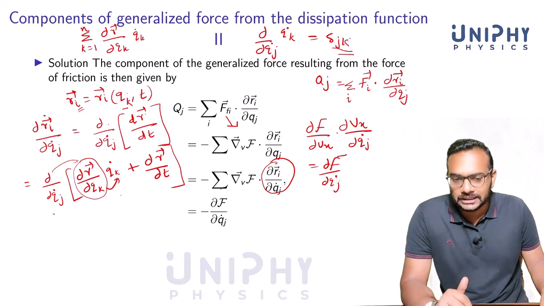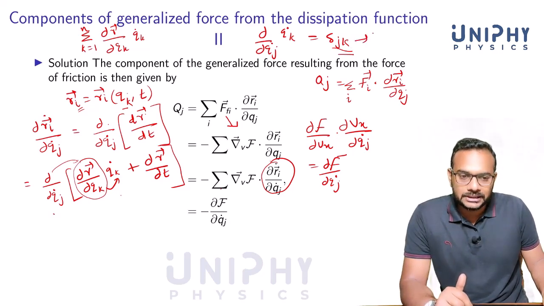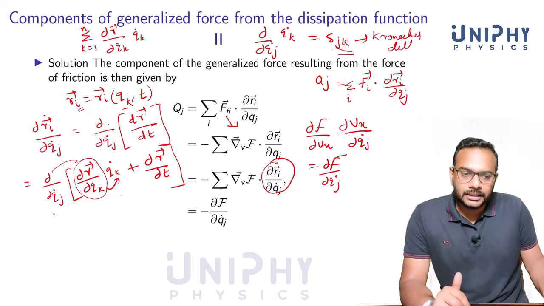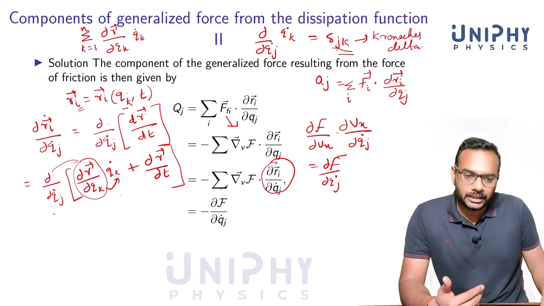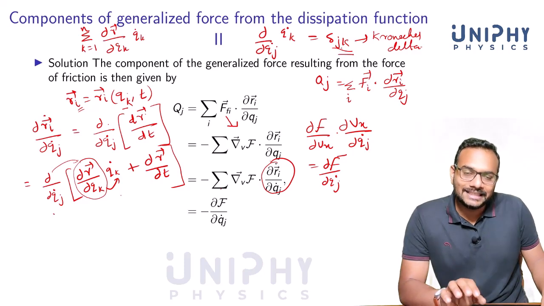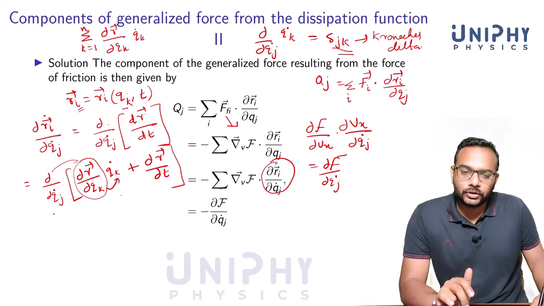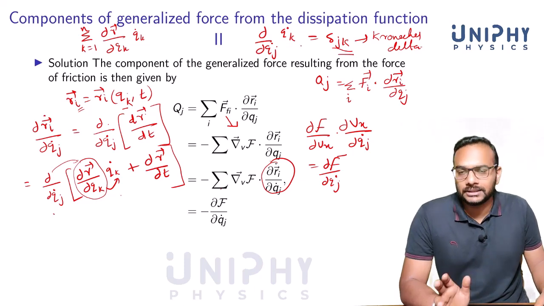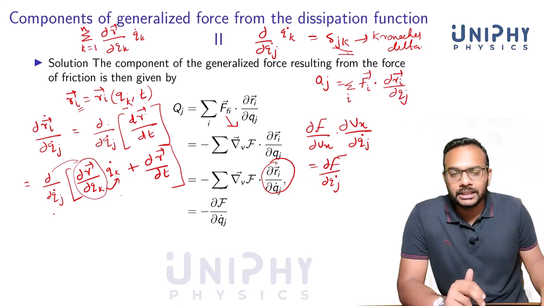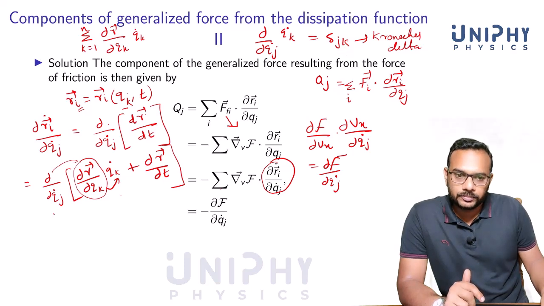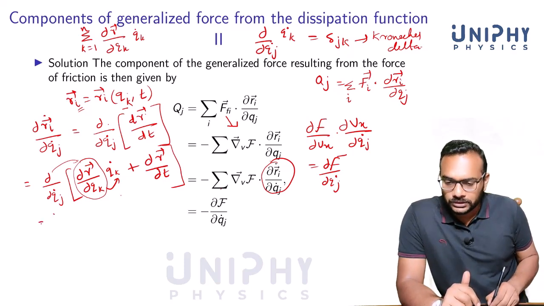Right? For obvious reasons. So this is a nice thing which can be used in manipulations. Kronecker delta. Okay, Kronecker delta, I'll repeat, it means that if the indices are equal, if j is equal to k, which means that if you take dou by dou qj dot of qj dot, that's equal to 1. If they are not equal, it is 0.